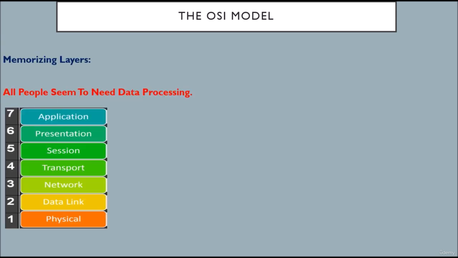You can also memorize these layers by using this syntax: all people seem to need data processing, and this way you can try to memorize the application, presentation, session, transport, network, data link, and physical layer. This covers the basics of the